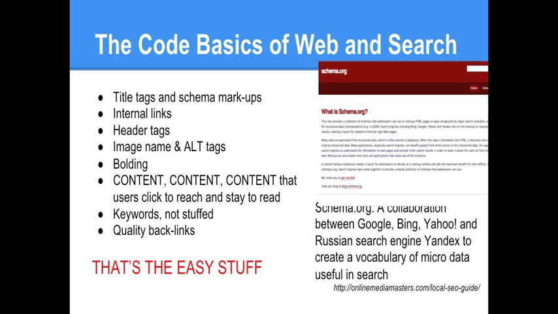Now, I've talked a lot about off-site kinds of things. There are still a lot of important things that need to happen with your website. We won't get into all of that technical detail, but I'd encourage you to make sure you know about schema.org. That's a collaboration between the world's major search engines to mark up information on websites to make it useful for search engines. Title tags are very important. You want to internally link header tags, image names, and alt tags. Bolding matters. And again, content. Google knows how long people are on your site, and if they're clicking through your site, finding information, that's a big plus to Google.